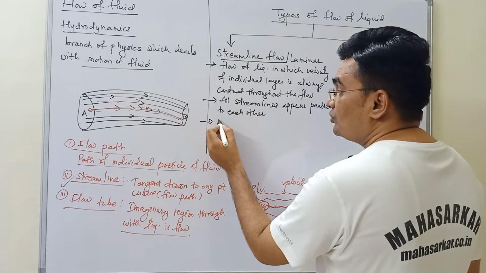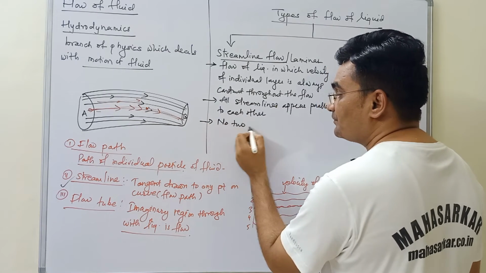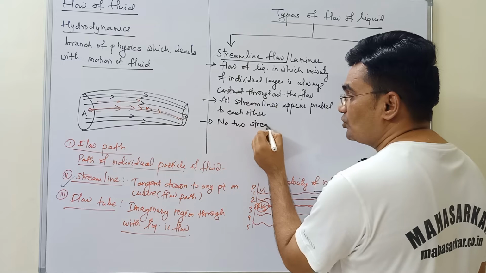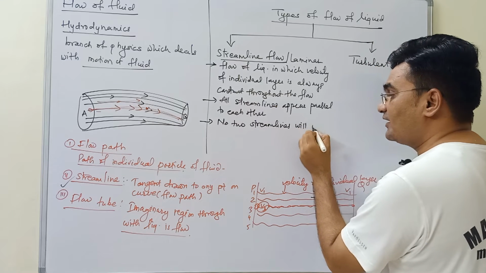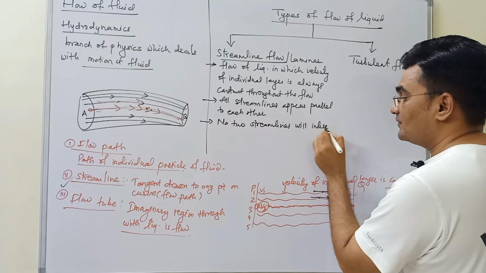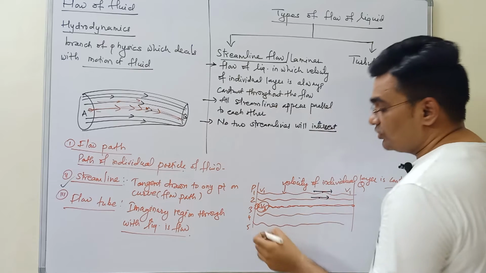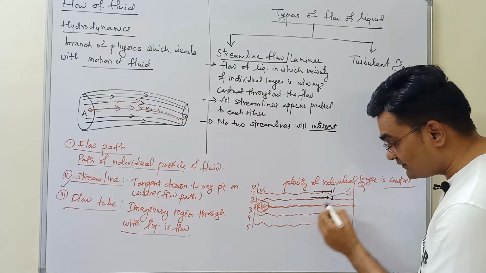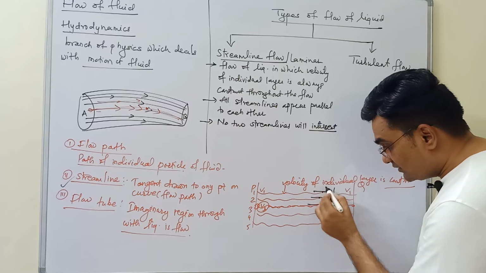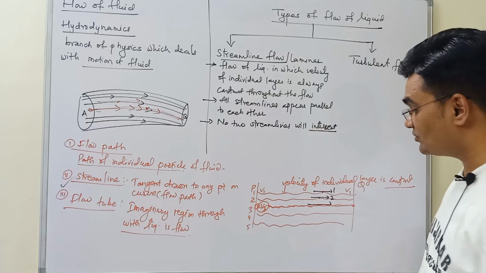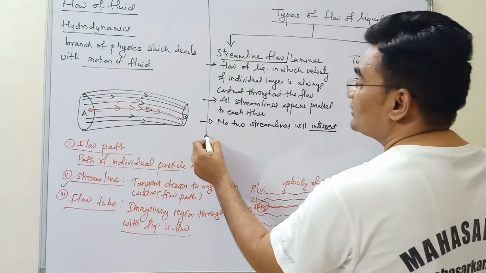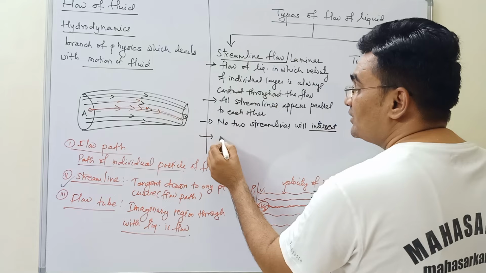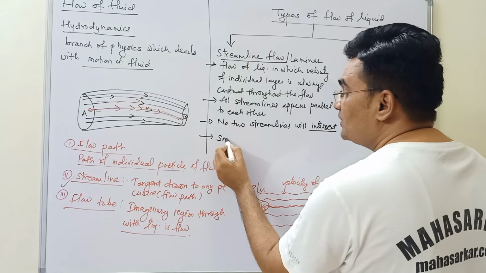Important factor: no two streamlines will intersect each other. If this is the first streamline, this is the second, and this is the third, then there is very little scope of these lines intersecting, as they are parallel to each other. Such a type of flow is called streamline flow. It is a very smooth flow